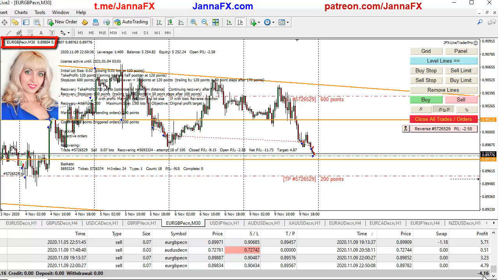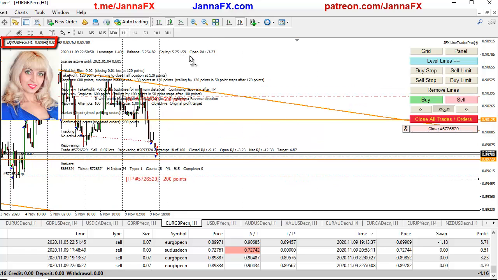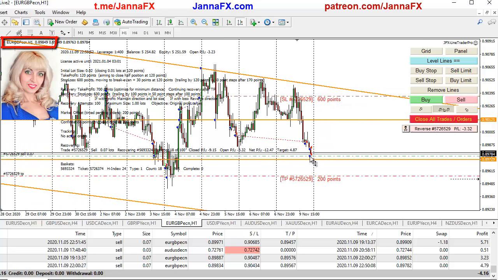I can possibly, once again, like I told you before, just close it and leave it. Okay, well, I would end up with only a $4 loss after all, but we're just going to keep it to see what is going to happen. I mean, tomorrow, with a little bit better news for pound and a little bit worse news for euro, it should possibly continue and finally close with profit.